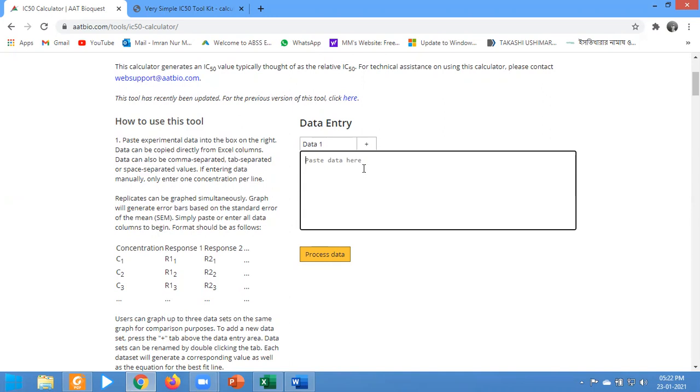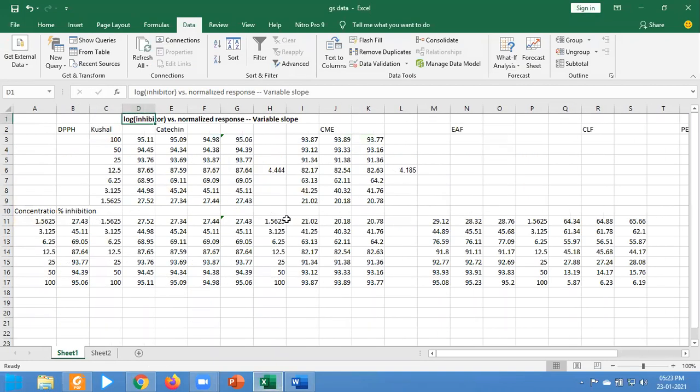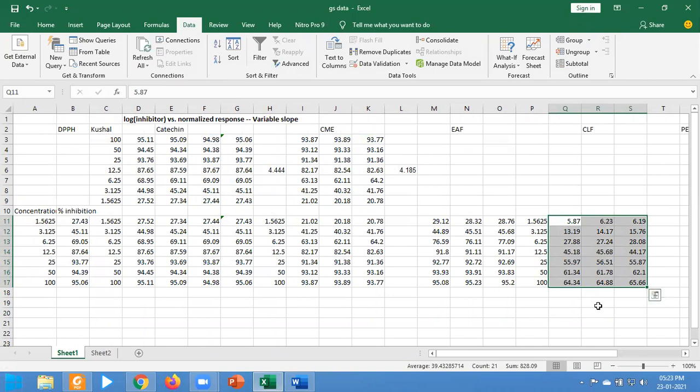And I am going to input my data in the box, which is the percentage of inhibition, basically. So let's start. This is the percentage of inhibition, meaning the inhibition obtained by calculating the percentage.